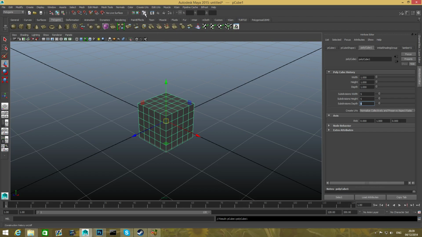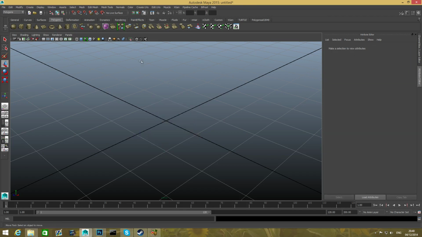Now, you see this clock with the paper? This is the so-called construction history. By default, it's turned on, okay? It just memorizes whatever you do. Now, if we turn this off, and in very rare cases you would want this turned off,